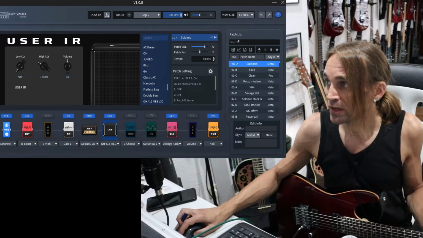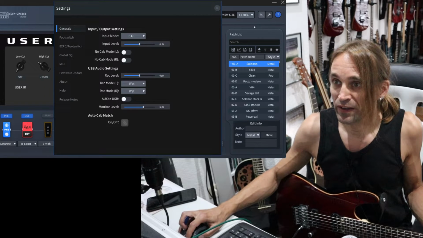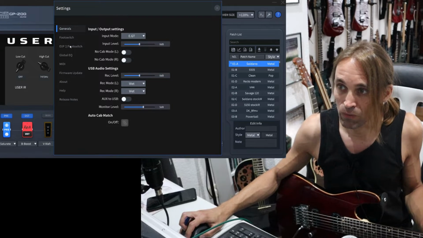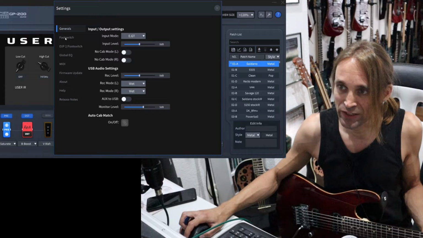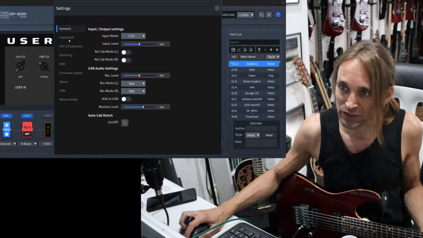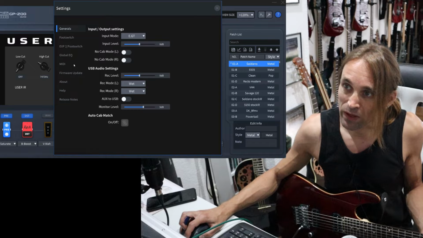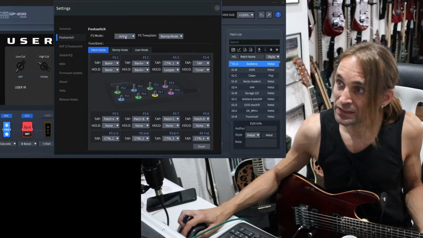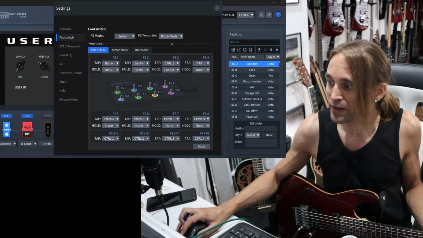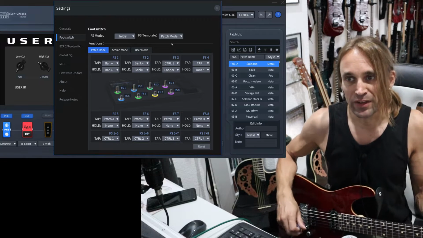So let me open the editor. For you it's here, and currently I'm in Stompbox mode because I would like to show you something some way which I use more than preset switching. But anyway, where is it? Let's go back to patch mode, then maybe I can show you the